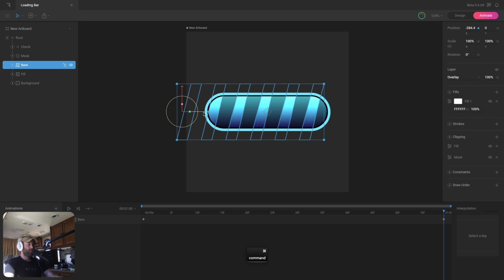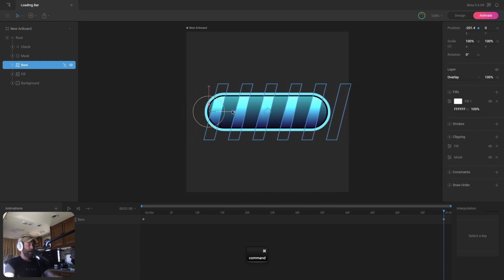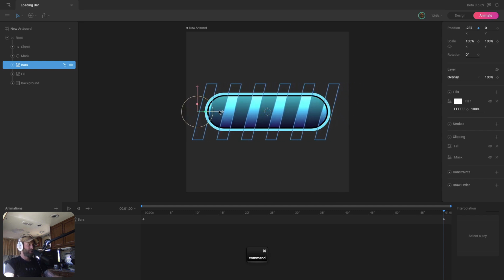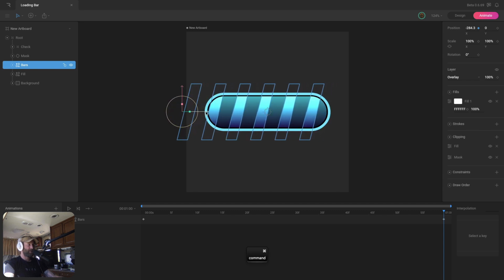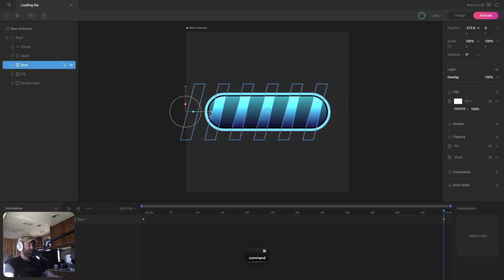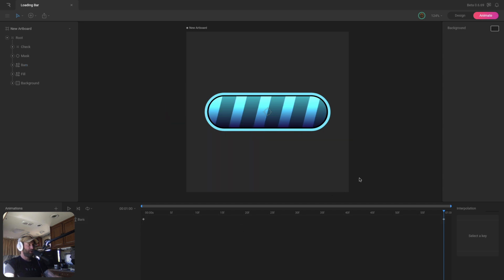Now, if you're having trouble dragging your assets around the stage because of the snapping, just hold Command on Mac or Control on Windows, and it'll toggle that snap off for you while you're holding it down. So it just makes it a little bit easier to move stuff around. So once I've got my bars where I want them to be, let me change this animation type from one shot to loop and preview this. Make sure we don't have any hitching, which it doesn't look like we have. And now we can add this to the state machine.